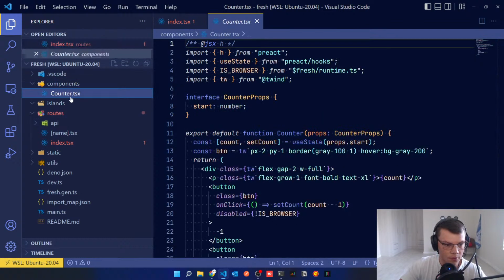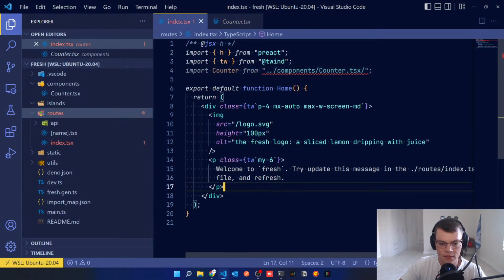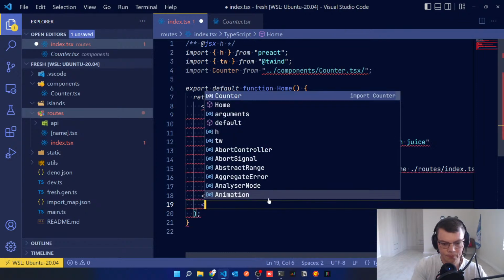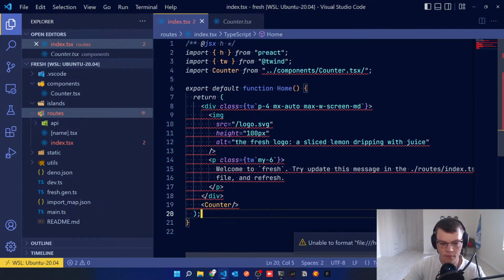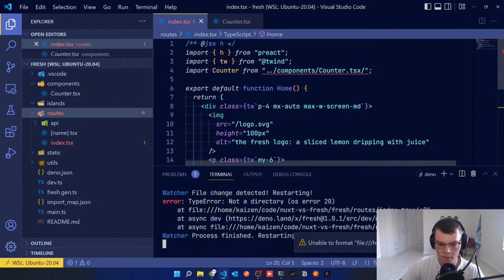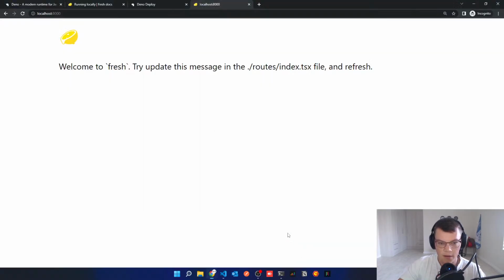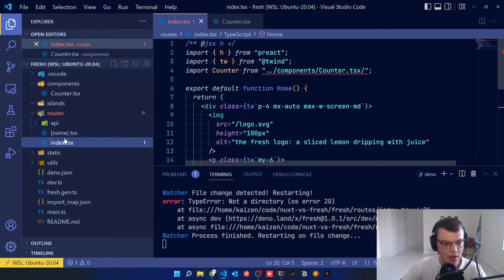Oh. Yeah, it is export default. Let's see if we add the counter, what happens. Not a directory. So I've broken it and I can't remember how to import stuff